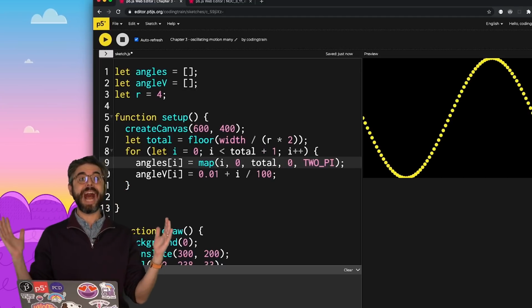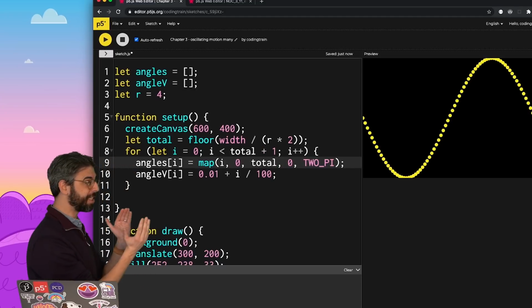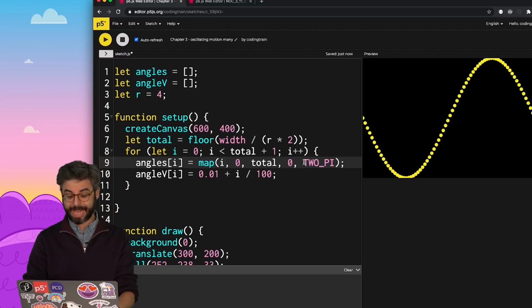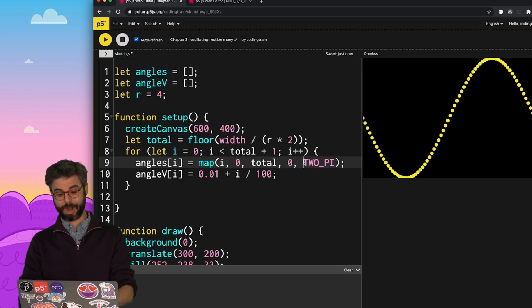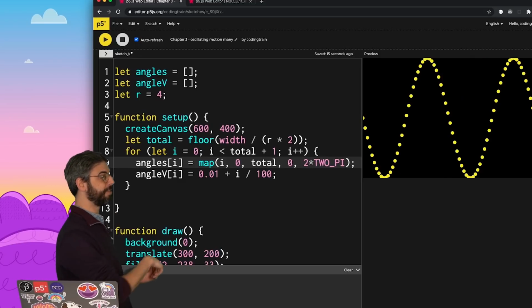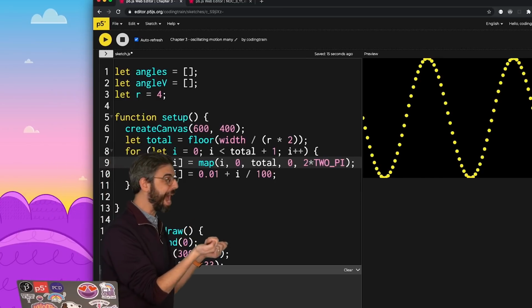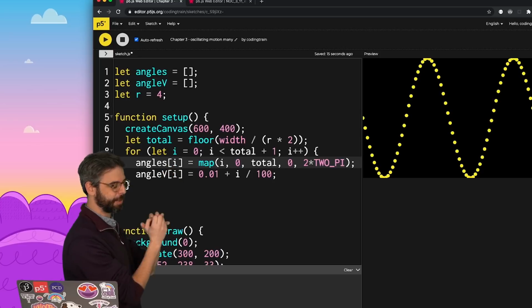If I wanted a higher frequency wave, if I wanted to see the sine wave cycle through twice, I could say, let's look at all the angles from left to right between 0 and 4 pi, or 2 times 2 pi. And now we can see there are 2 cycles through the wave. Now, do I want this to be more like a graph? There's a lot of space between these dots.